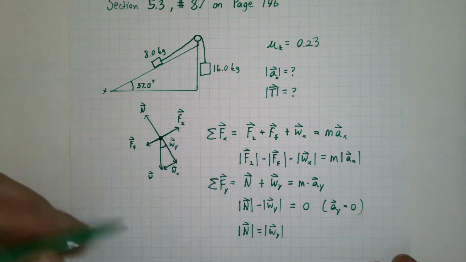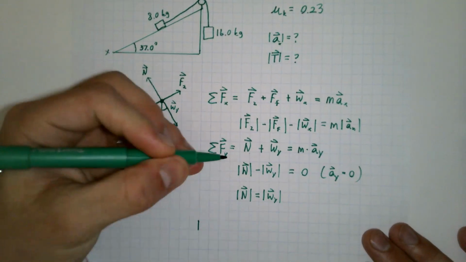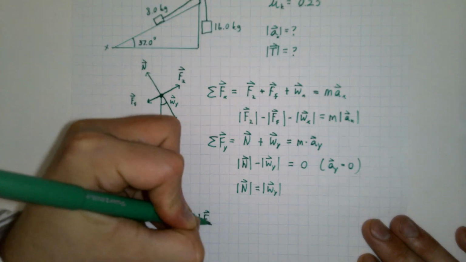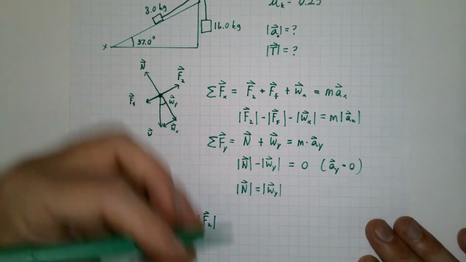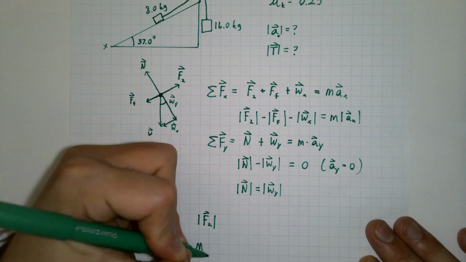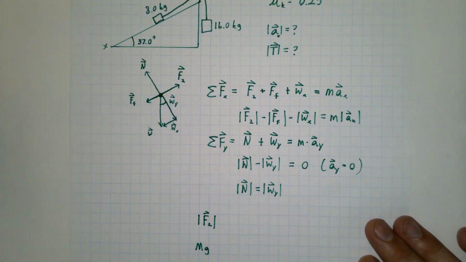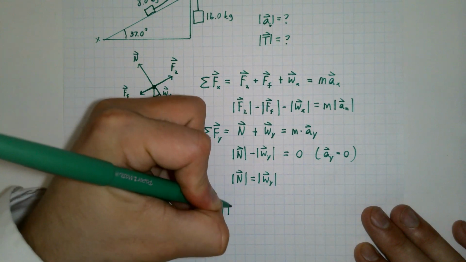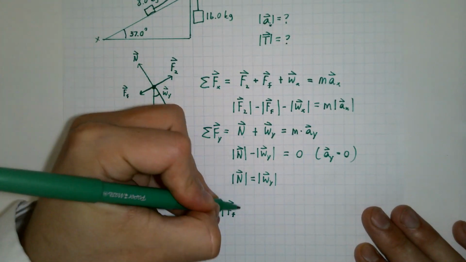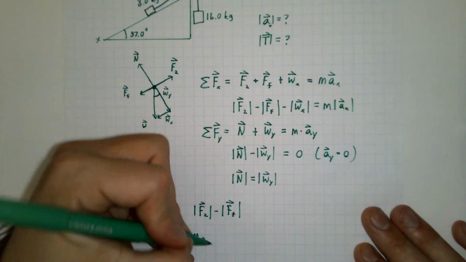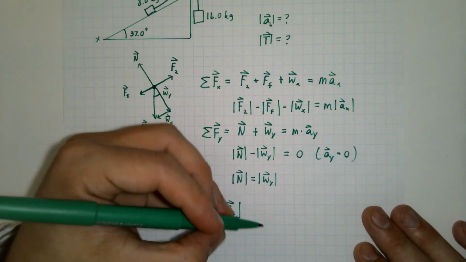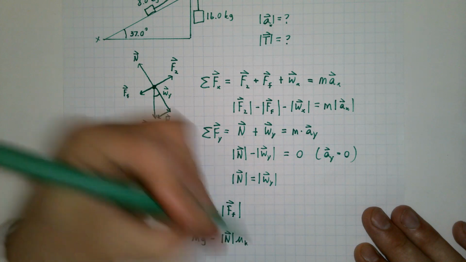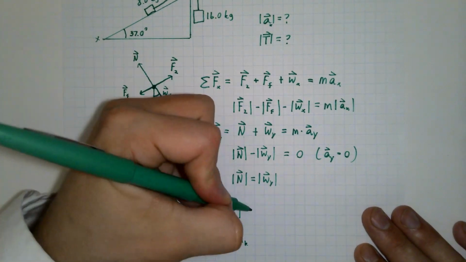Filling in this first force 2, we find that force 2 can be rewritten as mass of the larger block times gravity. The frictional force here we can rewrite as minus the normal force times the coefficient of kinetic friction. In weight in x,